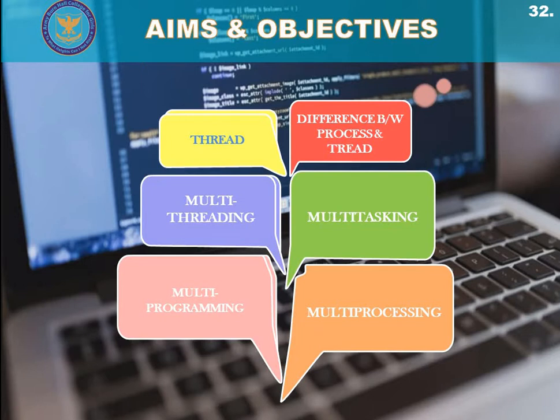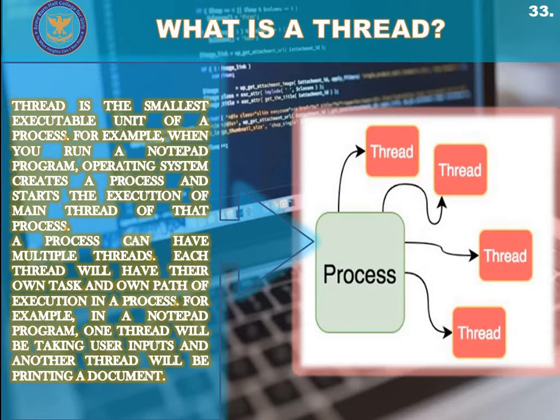We will talk about the differences between process and thread, as we already have discussed the topic of processes in our previous lecture. We will talk about multi-threading, then we will talk about certain phenomena which actually relate back to the functions of an operating system or to the types of an operating system. So we will discuss these phenomena like multitasking, multiprogramming, and multiprocessing. So basically you need to know what a thread is.